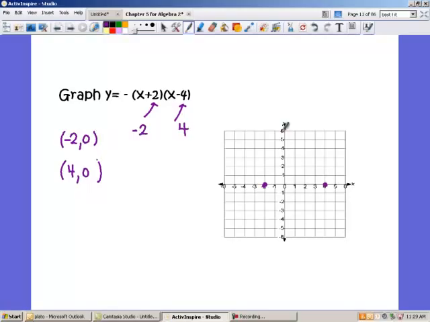So if you use your calculator, go to your y equals, and you're going to type in negative parenthesis x plus 2 parenthesis, another parenthesis x minus 4, end the parenthesis, and push graph. Okay, so you have the sketch right there, but I don't want you to estimate where this vertex is up here. So if you go to second graph and go to the table,